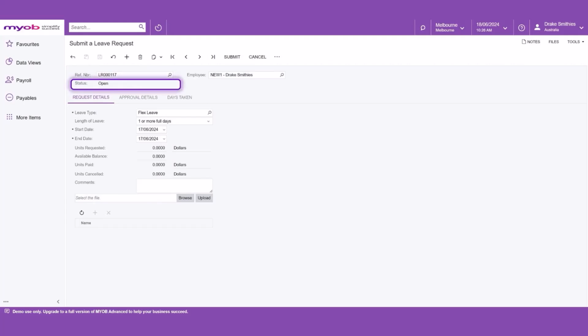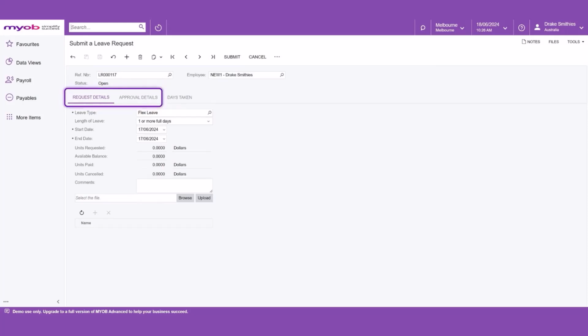Processing. The request has been added to the pay run, which is being processed. Partially paid. This status is used when the leave request spans across more than one pay run, and there is still some to be processed. Paid. All days of the request have been paid. Cancel. If you no longer want to take the leave that you've requested, you can cancel either the whole request or individual days in the request, even if you've already started taking it. The form is now broken down into Request Details and Approval Details.